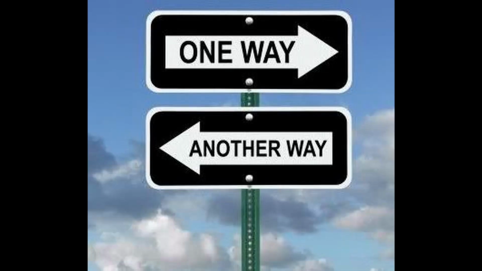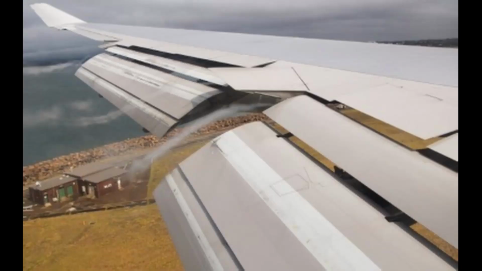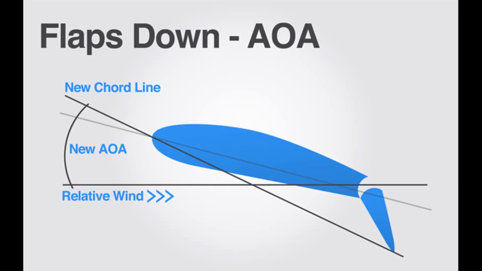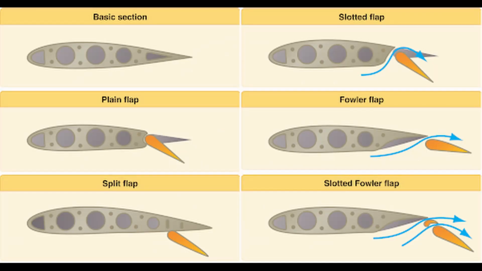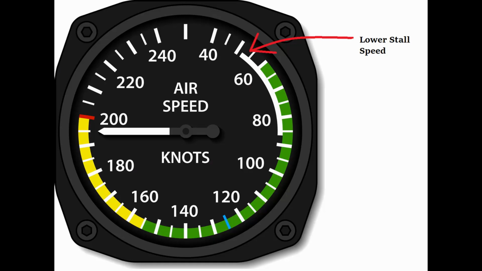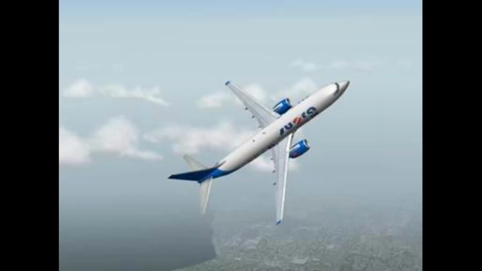Another way we can change the angle of attack is by using flaps, which can assist with takeoff and landing because they change the position of the trailing edge, which in turn moves the chord line of the wing. There are a few different types of flap designs, as well as leading edge lift devices like slats that are basically all meant to have the same purpose of increasing lift and decreasing the indicated stall speed of the aircraft, which leads me to my next subject, stalls.